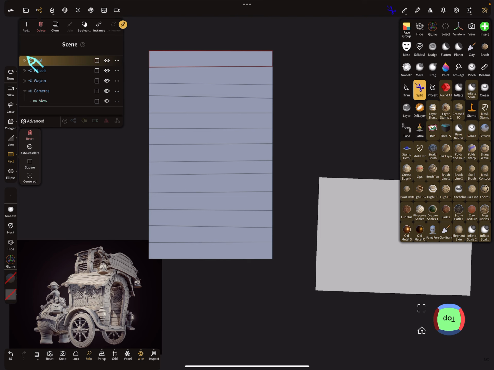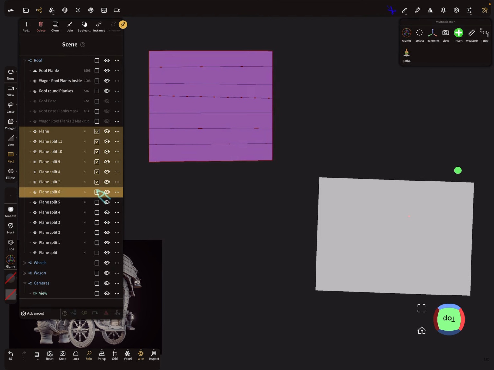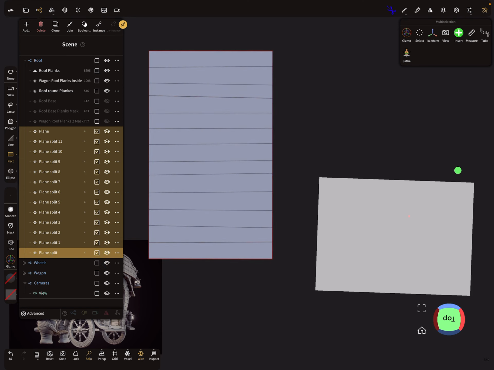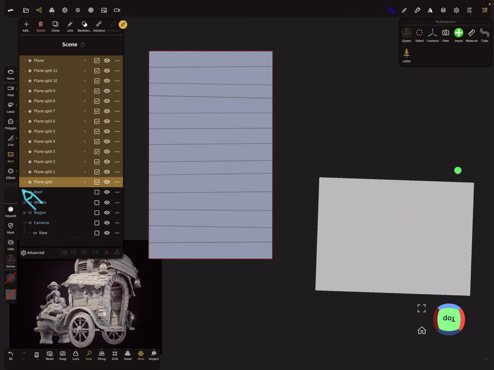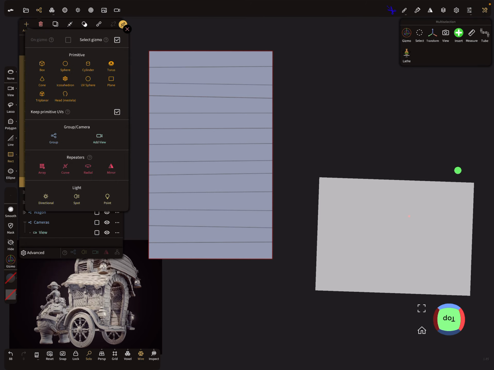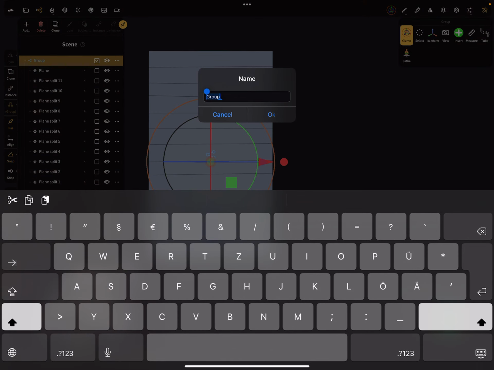So everything is split, and now everything is in the roof. So I select all the plane splits here and bring them out of the roof group and create a new group, floor.